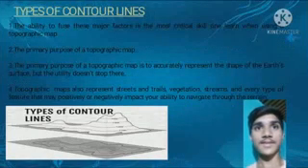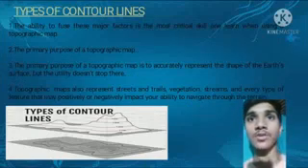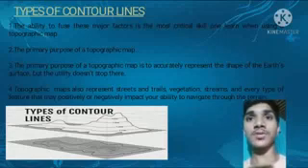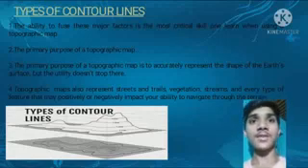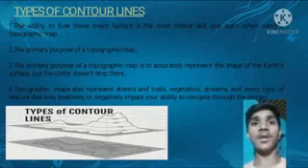Types of contour lines. The ability to fuse these major factors is the most critical skill one learns when using a topographical map. The primary purpose of a topographical map is to represent the shape of the Earth's surface, but the utility doesn't stop there. Topographical maps also represent streets and trails, vegetation, streams, and every type of feature that may positively or negatively impact your ability to navigate through the terrain.